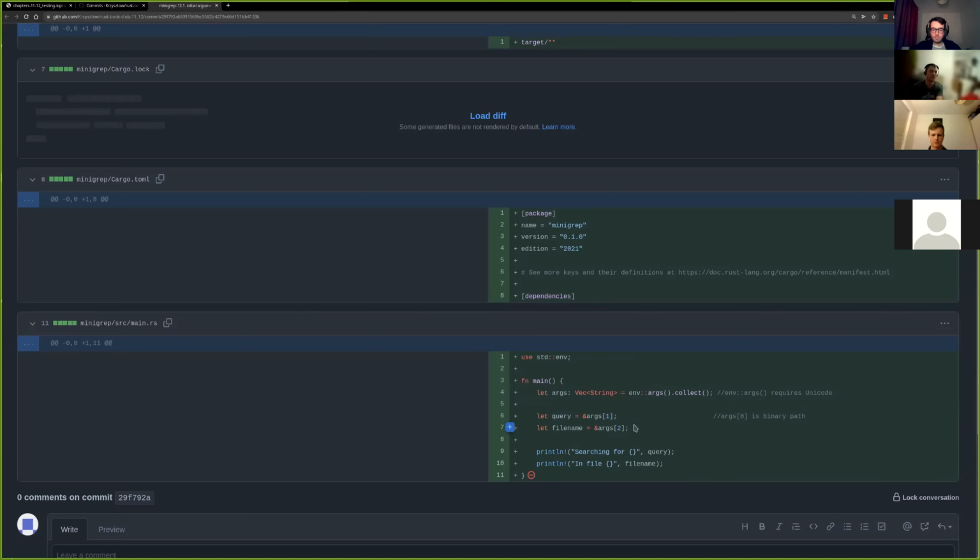From a quick test they show that, like with most C programs, argument 0 is the path to the binary being executed, the first argument is at the first position, and the second argument is at the second position. So they created such a simple program, ran it,